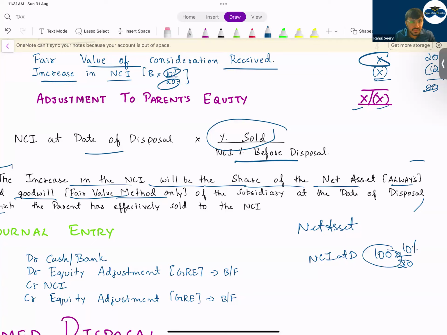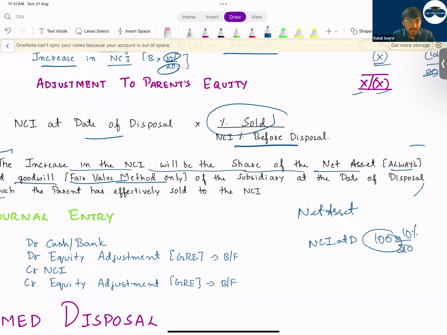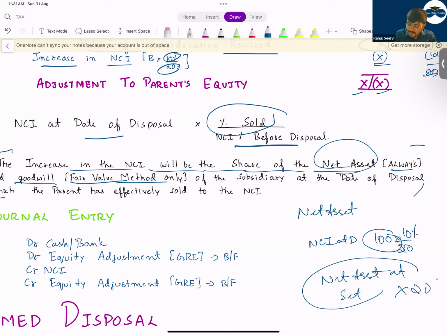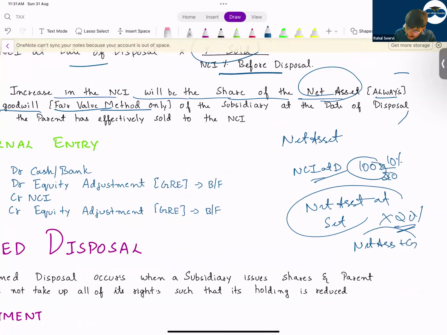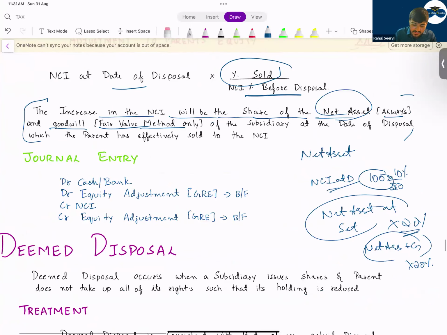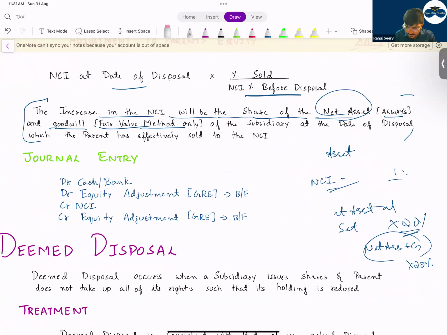Now this 100, either I've mentioned the formula. Sometimes in the question the data will not be given, but what the data will be given? They will give the net asset at step disposal. Then take this value and multiply with the NCA percentage. Your NCA will remain same only. If it is full goodwill method, then what will you do? You will take this net asset plus goodwill, and then you will apply on this 20%. You will get the value of NCA. Then take this value of the NCA and proportionate and get the value. I hope everyone has understood this part which I have explained.